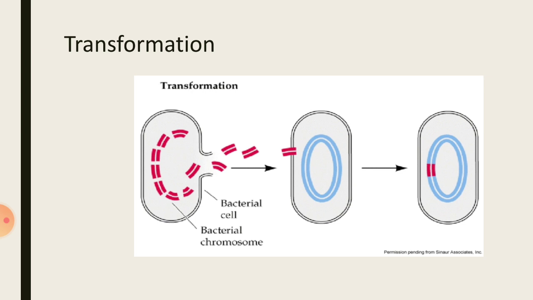Then he thought that the heat-killed S type strain's genes were transferred to the R type strain, so that it was transformed into a harmful bacteria. So this harmful R type bacteria might have killed the mouse. Thus the harmful gene which causes pneumonia from the S type strain got transferred to the harmless R type strain through the medium. This is called transformation. By this experiment, he proved that DNA was the genetic material.